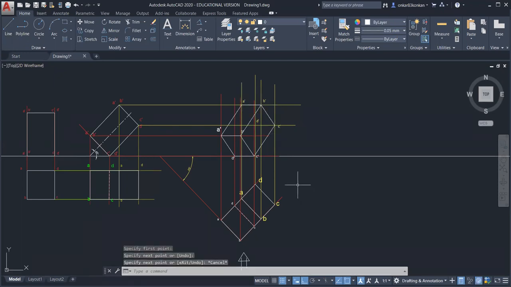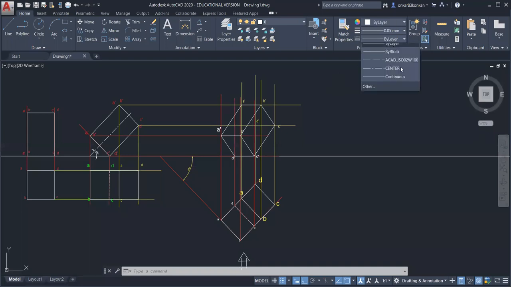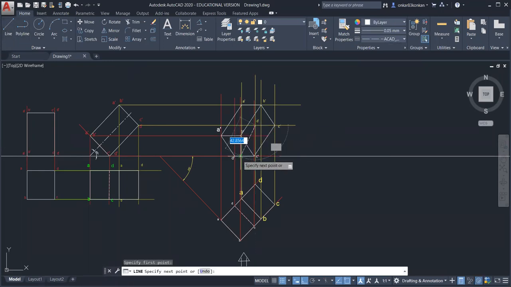Now the edges which are inside these visible edges will be hidden edges. So there are three edges. One is DD dash, a vertical edge, so it is hidden. Then CD will be hidden. And A dash D dash will be a hidden edge. In this way you can complete the third stage front view.